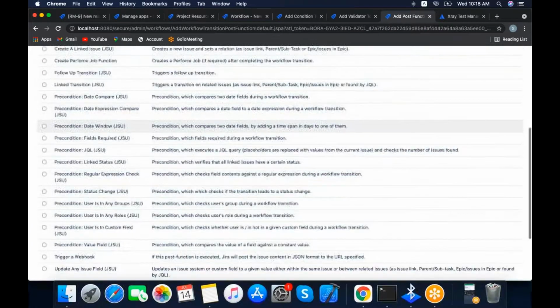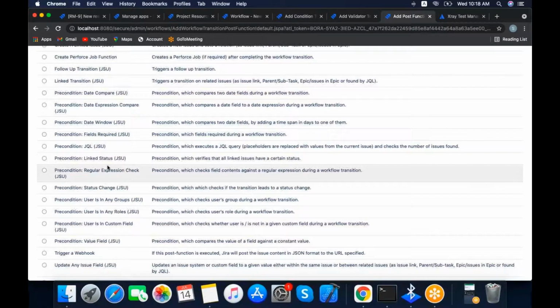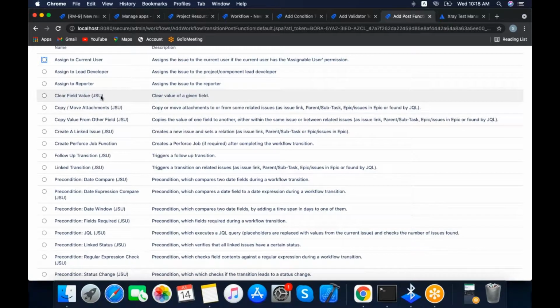And add post functions. Yeah, these many post functions. Whenever you install the JSU add-on, then only you will get these additional features. Otherwise, in Jira, only trigger webhooks and update issue field are the defaults. Add-ons are used for additional functionality purposes. In your organization, they might use JMWE, one more add-on for automation.